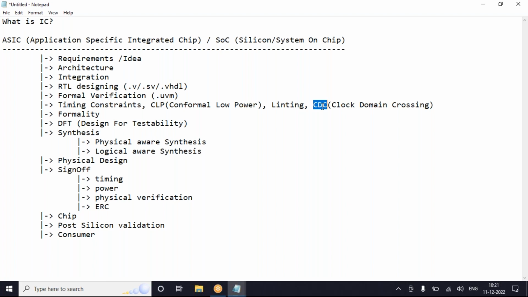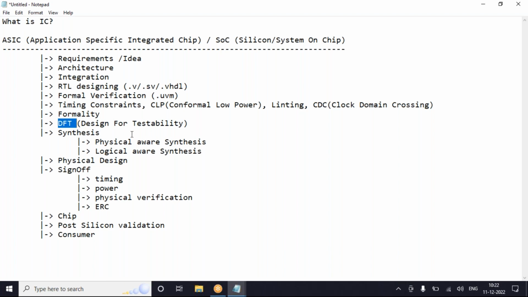Once integration is done, again I will perform linting, CDC, and again I will go for the DFT, synthesis, and all those steps. Again I'm telling you, the DFT team will create separate files using the RTL code, and we will implement it in the synthesis. So writing this DFT along with synthesis is also not wrong.